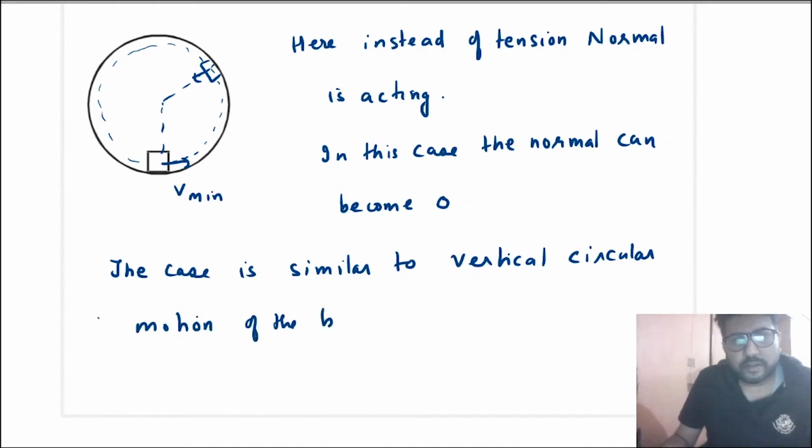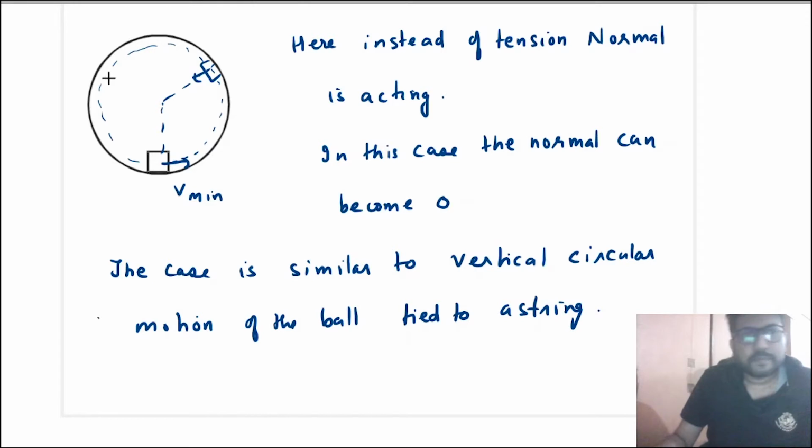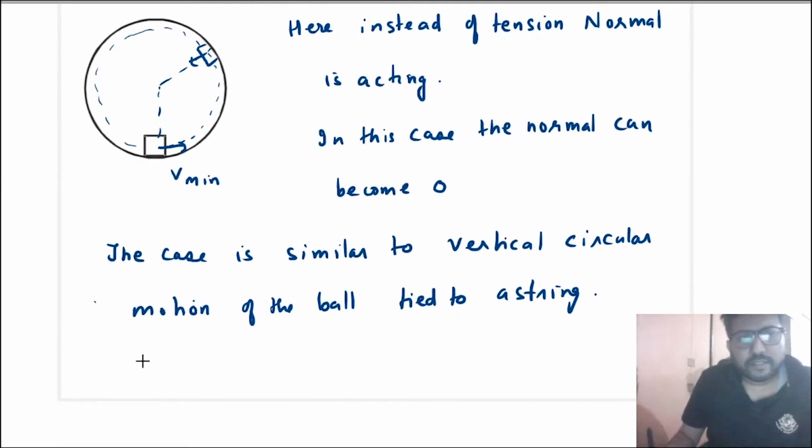That is why in this case you will say the minimum velocity is the minimum velocity for which this